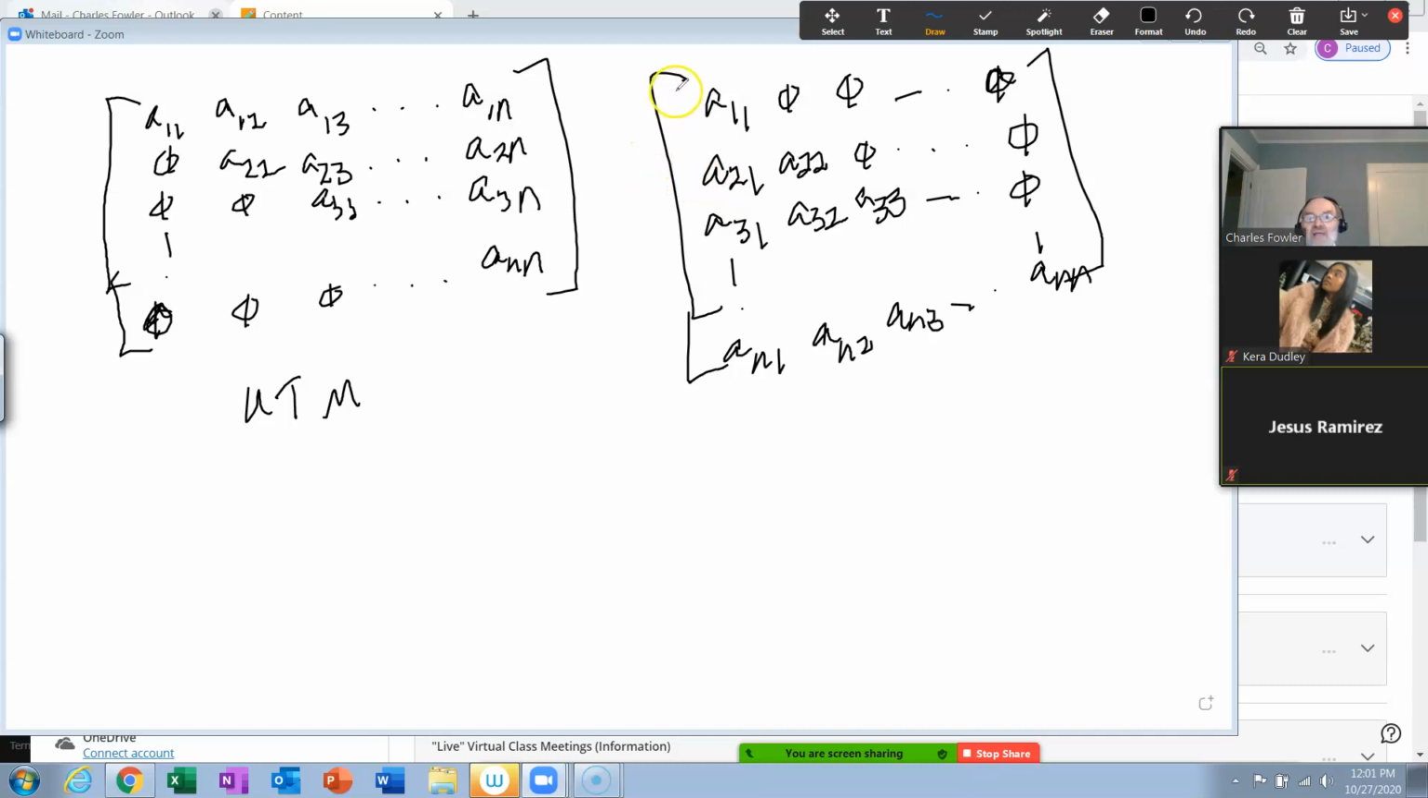Okay? Everything above the main diagonal is a 0. Usually the main diagonal is not a 0 and doesn't have zeros in it, though it could, but usually it doesn't. But everything above it does. This is a lower triangular matrix. This is your upper triangular matrix. Okay? Now,